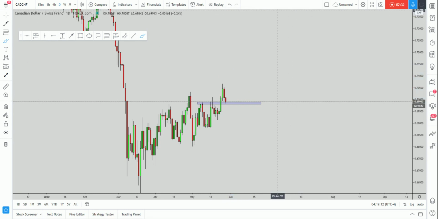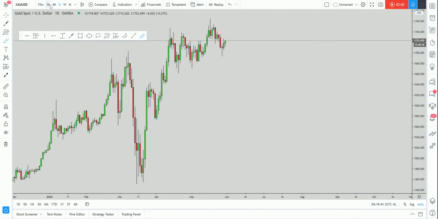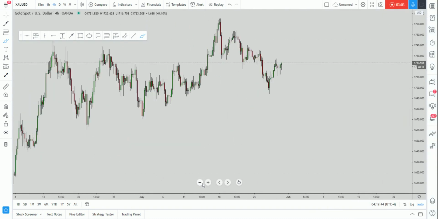If on the weekly we will get the close that we just spoke about, we can definitely expect continuation to the upside, even though from a pattern perspective, we actually want to see the market make a move lower. But how will we know if the market wants to give us a deeper retracement or immediately start the move to the downside? Very simple. This is the decision area for CAD CHF, and I will now show you how to approach this kind of situation. If we go and see what is the situation from a COT perspective, so commitment of traders, what